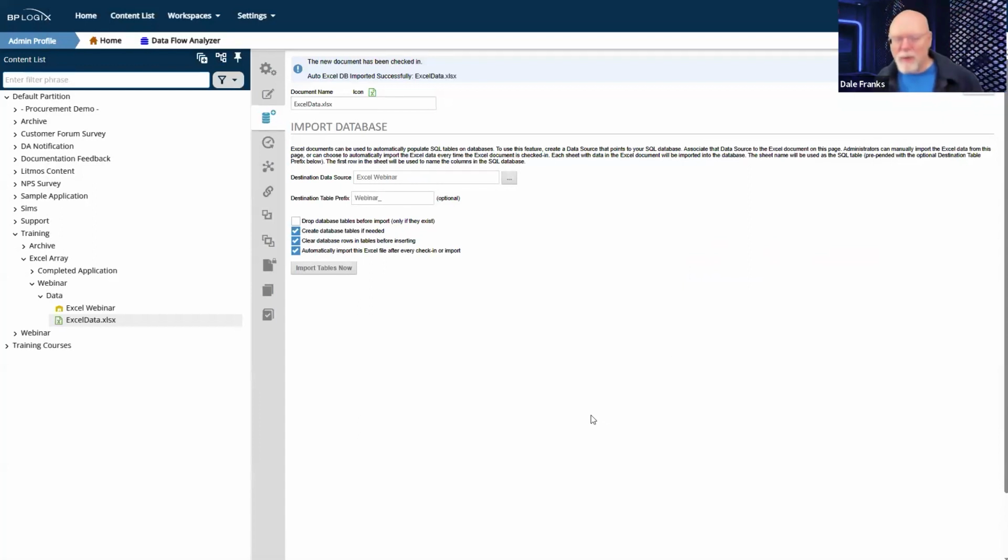The important thing to remember is that when I create this template and I set my data types, I can never turn on drop database tables again. Because if I do, it's not only going to delete all of my existing data, but when it recreates it, it's going to create it all with that nvarchar max field. It's going to take up too much memory. I don't want my tables formatted like that. So it is kind of important that you fix a template up with the appropriate data types. And who cares that you can't drop tables? You still have the clear database rows and tables before inserting.